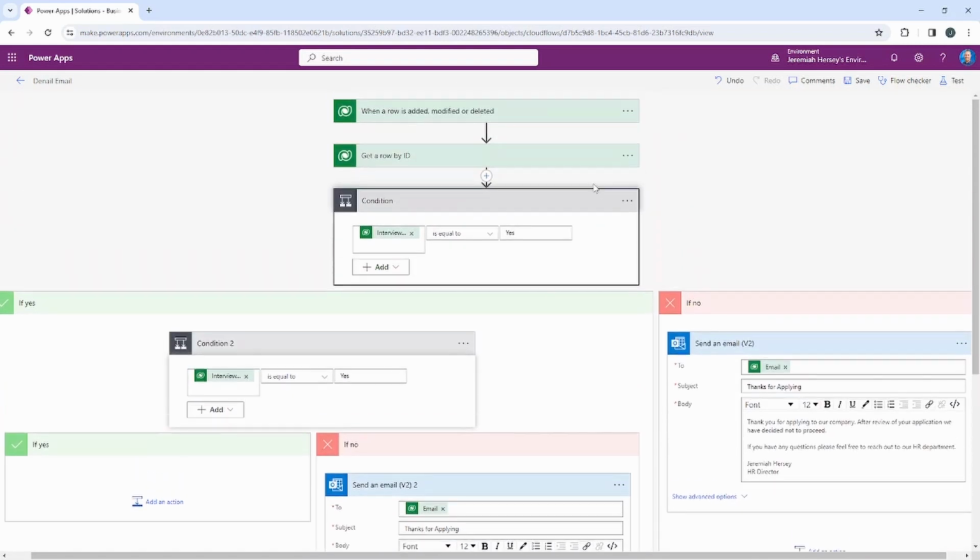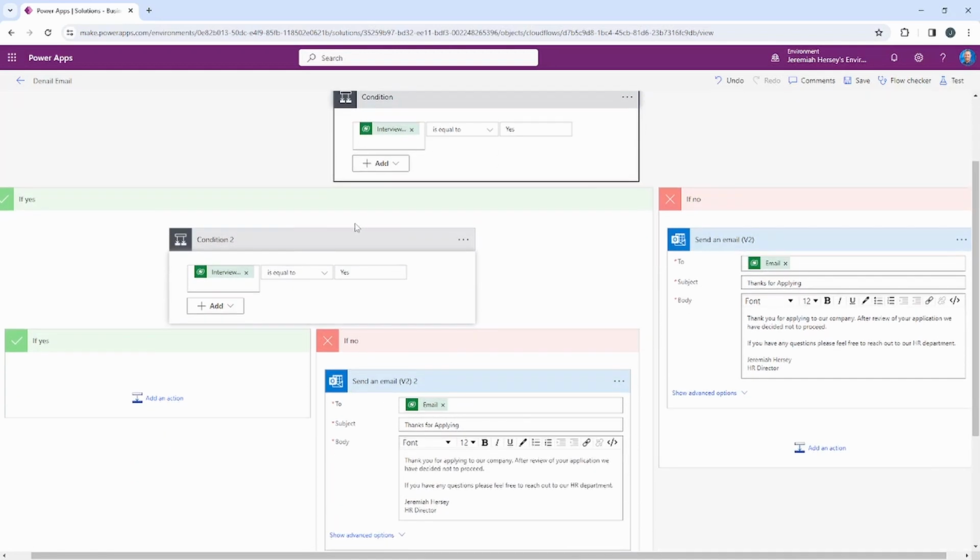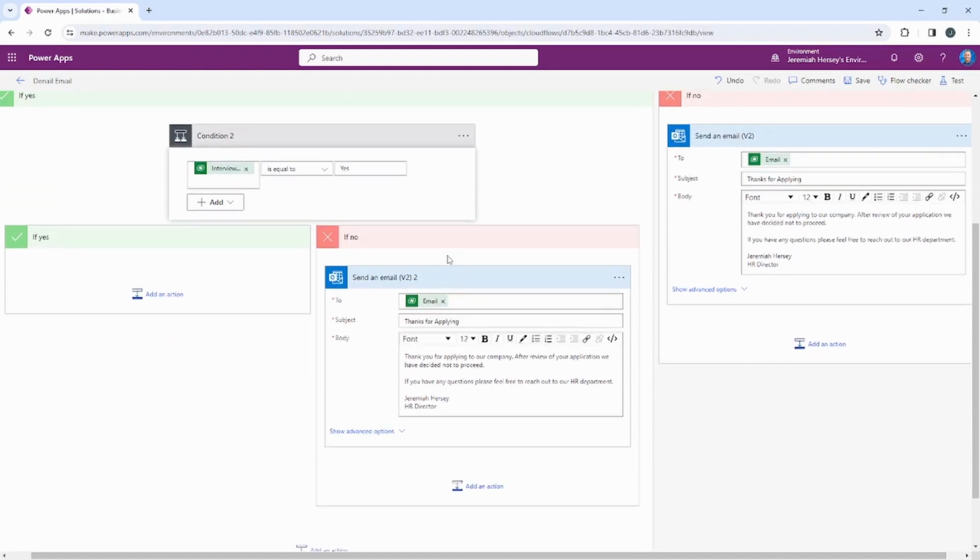Modified or deleted. Okay. So get the row ID. If the column interview 1 pass is yes, then we're going to go down the yes path. If no, we're going to send the denial email. Then as it goes down the yes path, we go to our second condition. If the interview 2 pass is equal to yes, we're going to go through the yes path. If no, we're going to send out that email again. So we're going to go ahead and save the flow